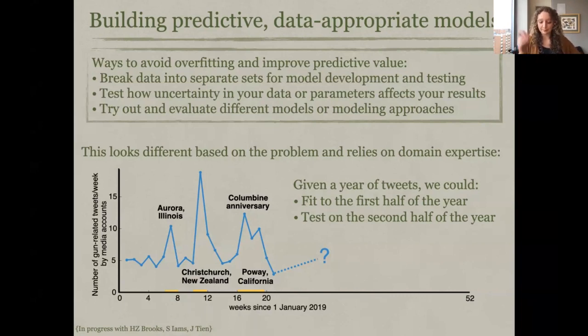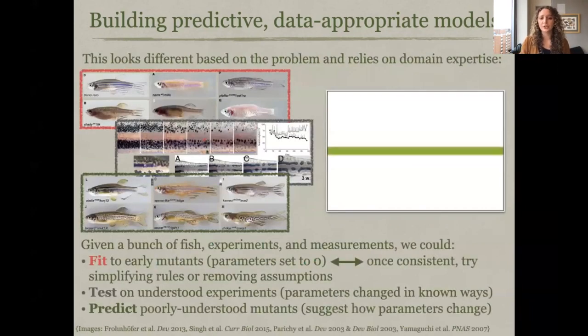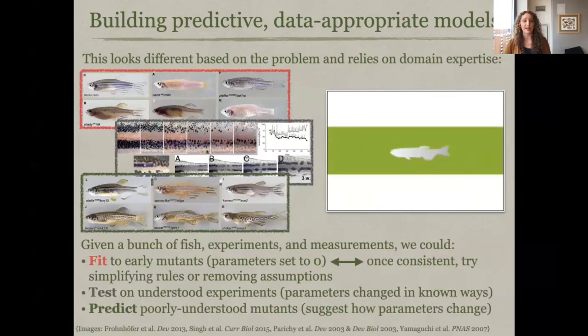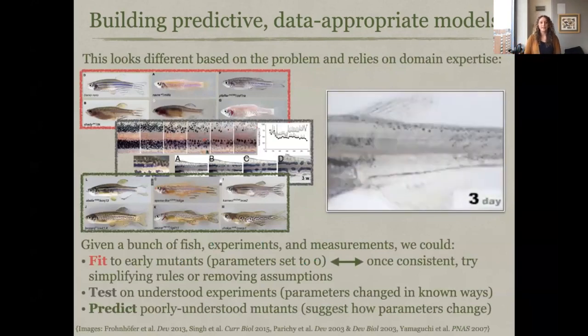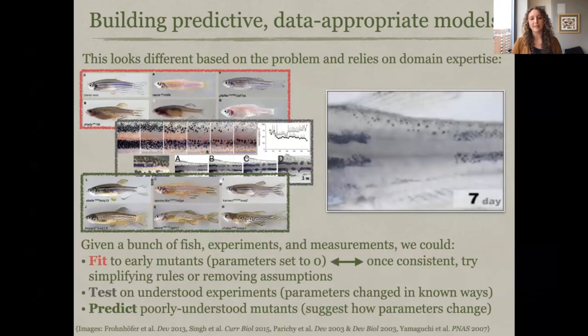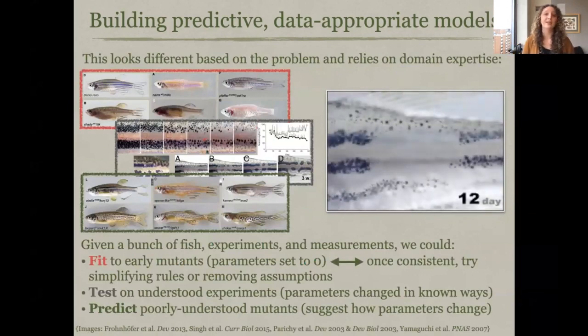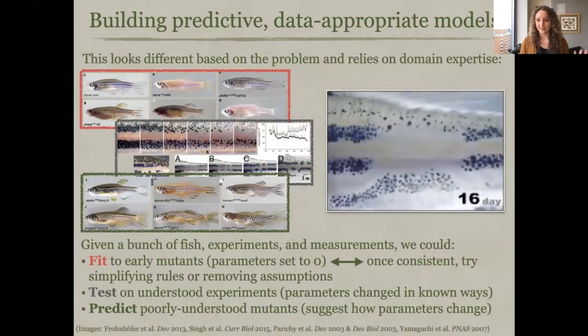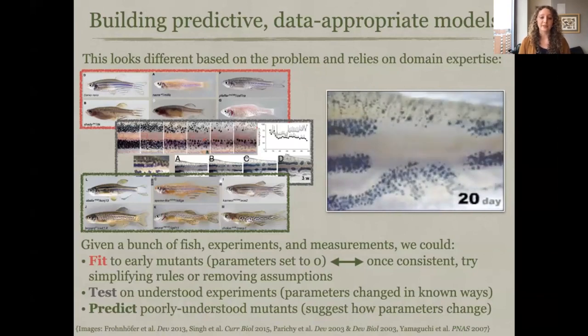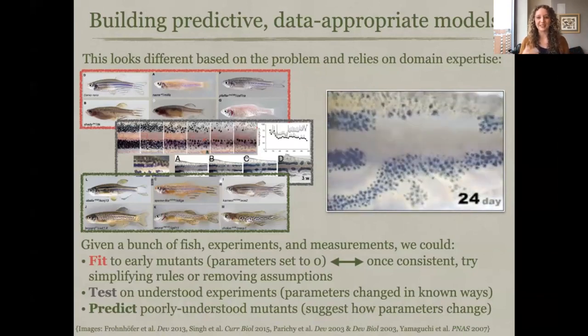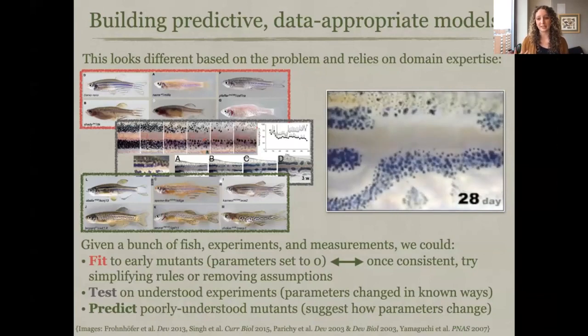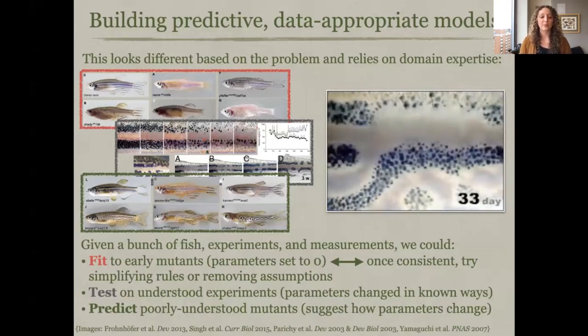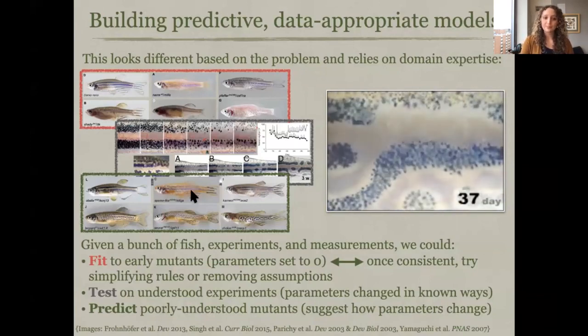So this is one way of doing it with quantitative data that looks like this. But you can also do this in problems that rely on more qualitative data. And again, it very much depends on the application at hand. My work has largely been in fish patterns, like I said. For this, the type of data I'm working with is some measurements of cell speed and stripe width, but really I'm working with a bunch of fish pictures.